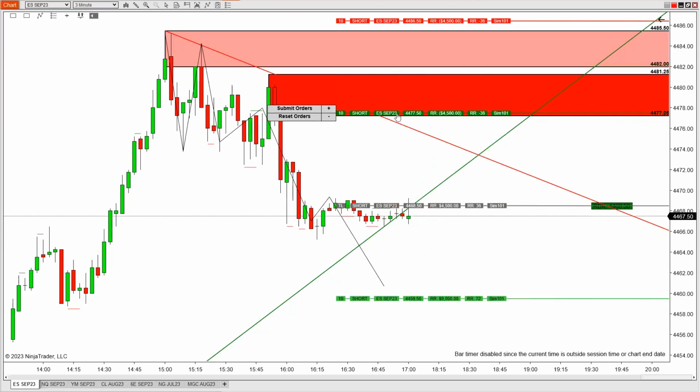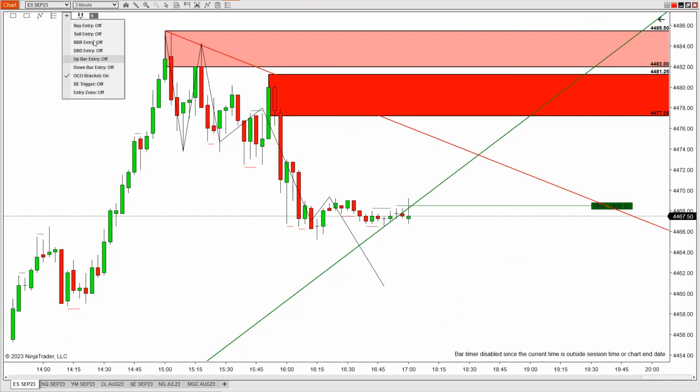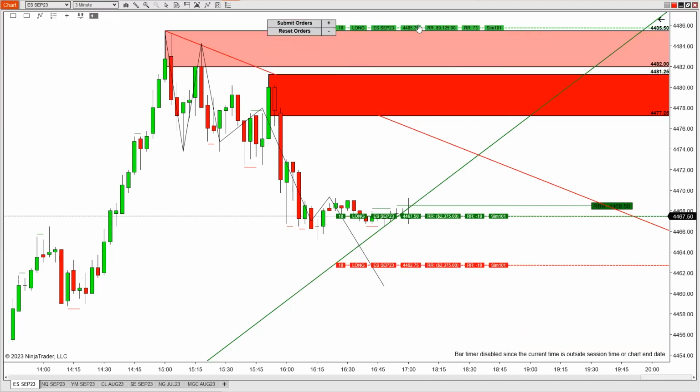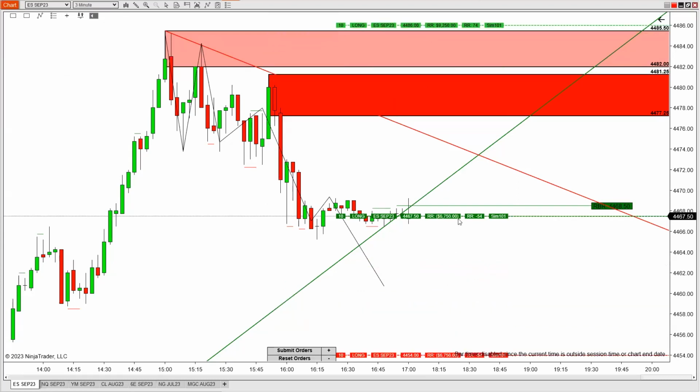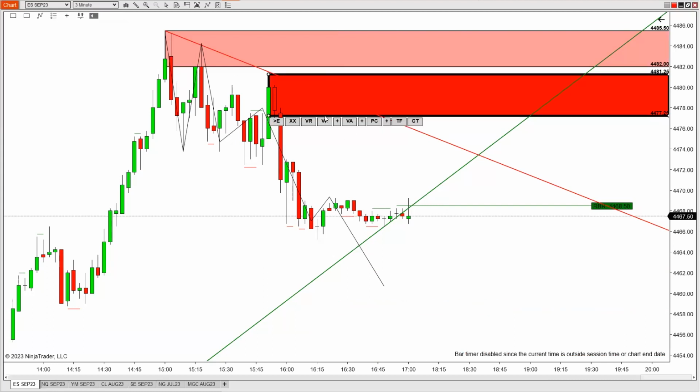I can have up to 3 targets. I can have the trigger line, or conversely, I may say, I don't want that trigger line. So I'm going to buy the market with no trigger line, right? And then if I want to move my target, I can do that, move my stop, entry. There's a lot that we can do, tons of bells and whistles, but let's cover this on Monday because I'm about out of time. I don't want to mess up our presentation by going over time. But I will touch on this as you are posting in the questions.